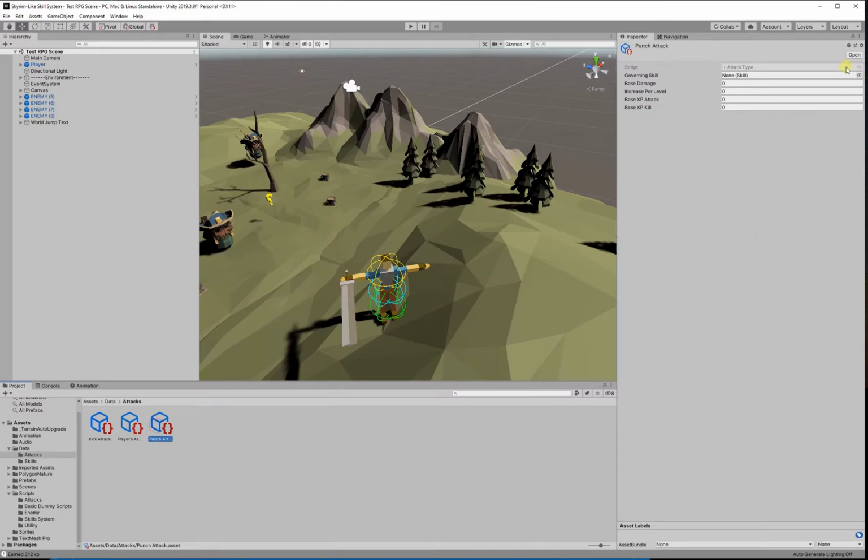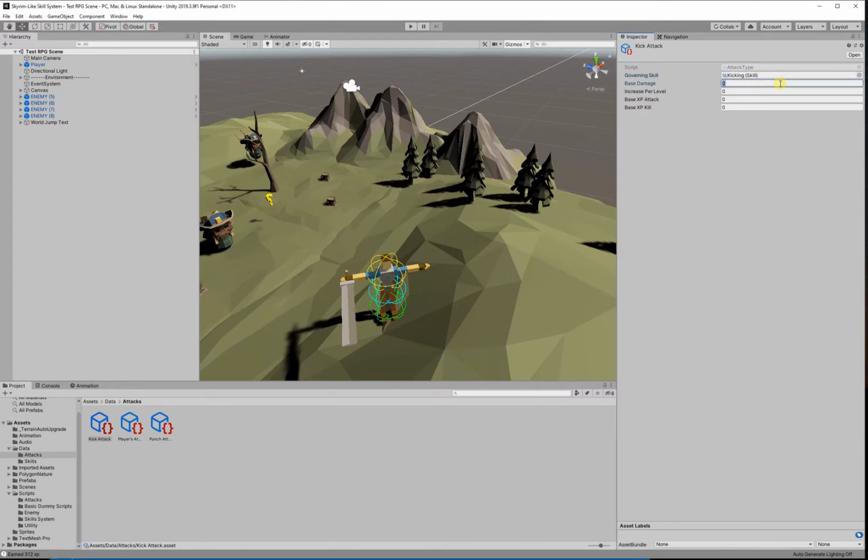and then we'll set up the fields on that. We'll initialize those fields. So make sure that you're bringing in that governing skill. So obviously for punching, for the punch attack, we use the punching skill. We'll set up a base damage. Maybe a punch doesn't do as much damage as a kick, but because you're maybe doing something that's more difficult, you want to reward the player for that. So we'll get a decent amount of XP, especially for kills. Okay, so let's give ourselves 50 XP for a kill, 10 for each attack,